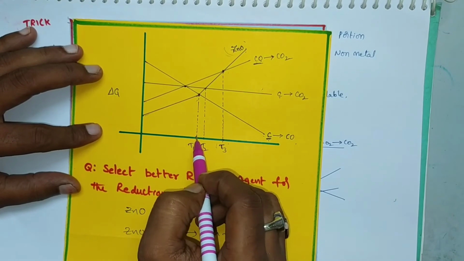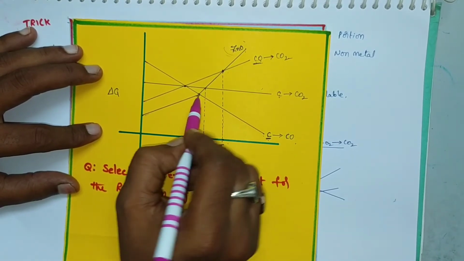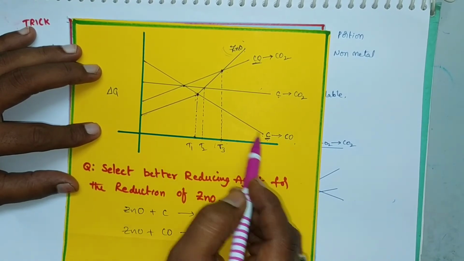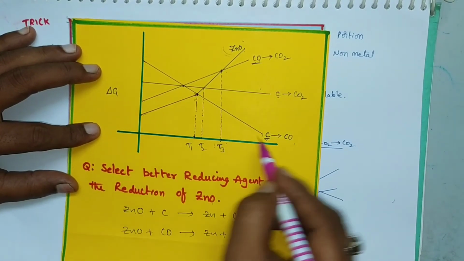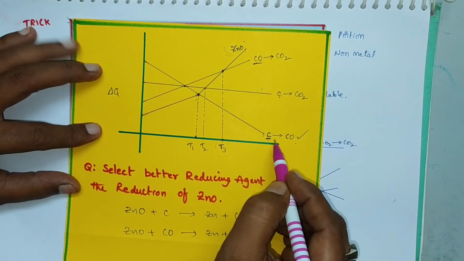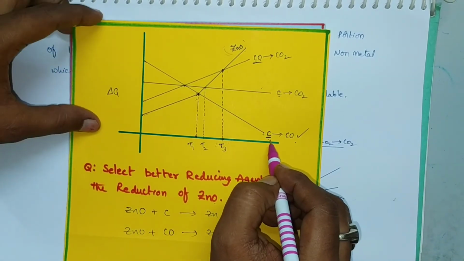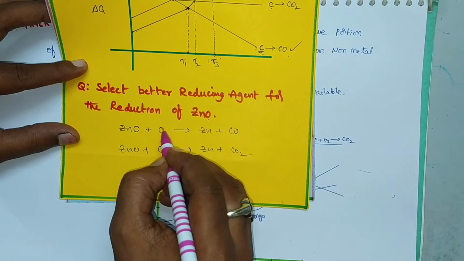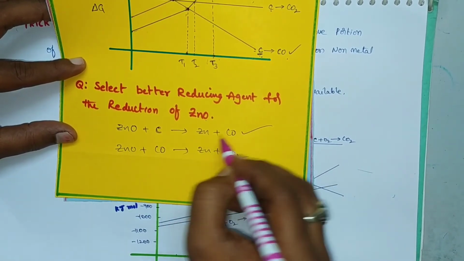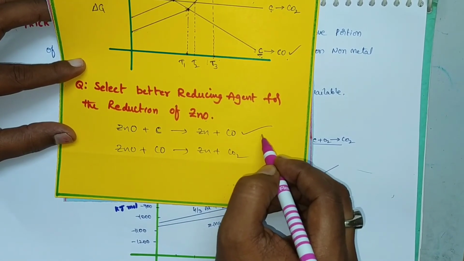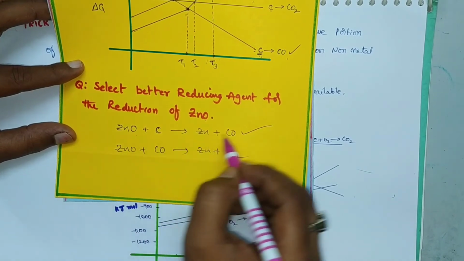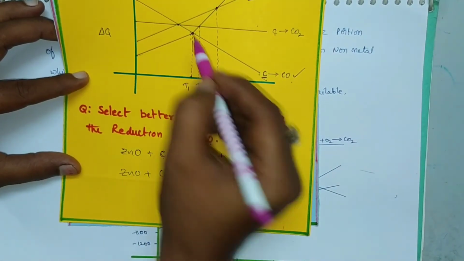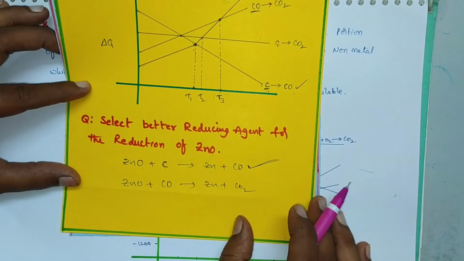So here at this low temperature, which one is present below? So this is present above portion and this is present below portion at the lowest temperature. So that's why this carbon will become more selective reducing agent. Okay, clear? So the zinc oxide can be reduced selectively by using this carbon. So it will be the most feasible reaction. Okay, this zinc oxide reduced by carbon at low temperature. So that's why this will be the most feasible reaction.